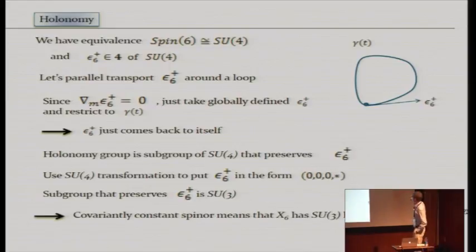Okay, so now we want to take our epsilon 6, and we assume it's covariantly constant, and we want to transport it around the loop and see what happens to it. And the basic story is that nothing happens to it. So why is that? Well,